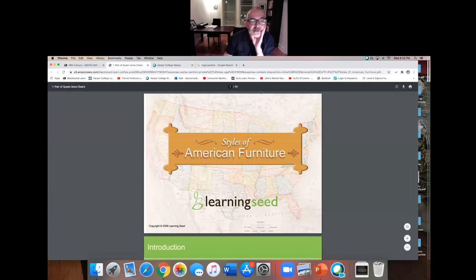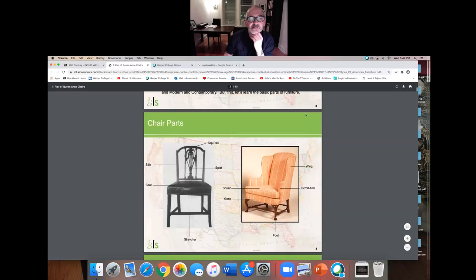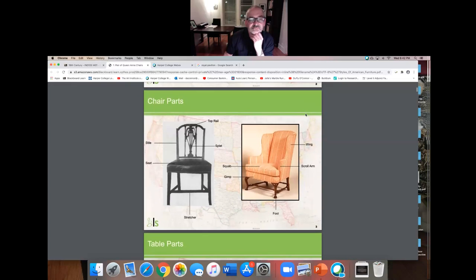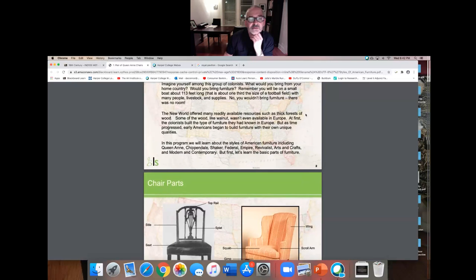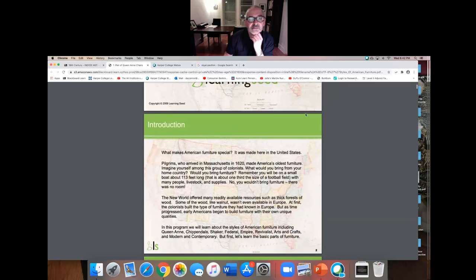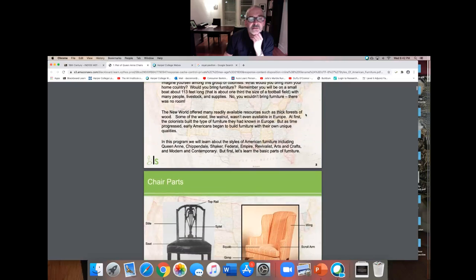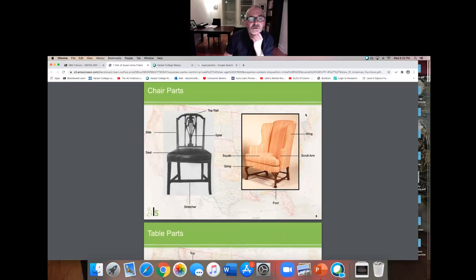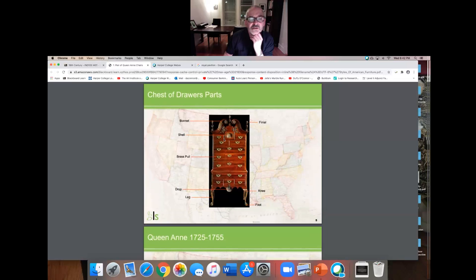Now, I wanted to show you a little bit about these American styles of furniture, partly because this is a kind of simple educational, it's really like a PDF that I've had. So the furniture, like here, like this chest of drawers, which looks very much like a European chest of drawers,